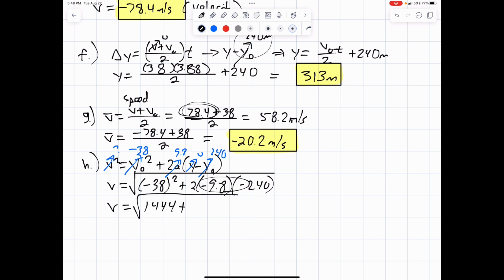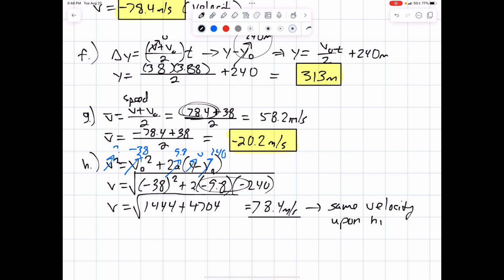So we get 38 squared, 1,444, plus 2 times 9.8 times 240, which is 4,704. Add that up, and then take the square root, and what do you know? We have the same velocity. So if I have the same velocity upon hitting the ground,